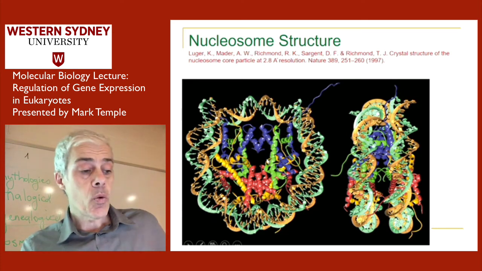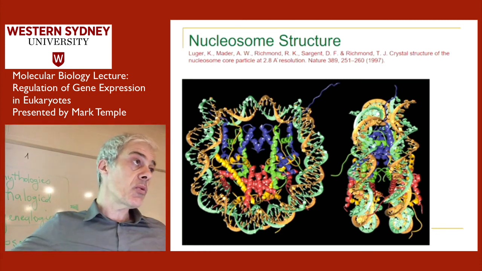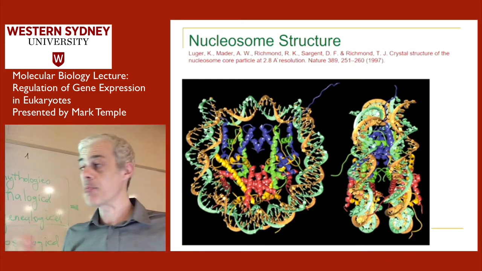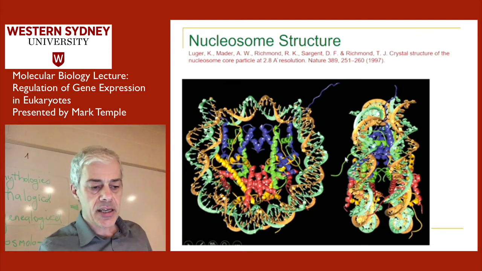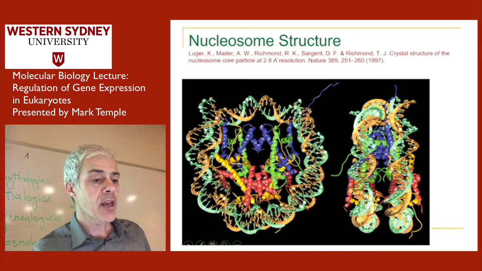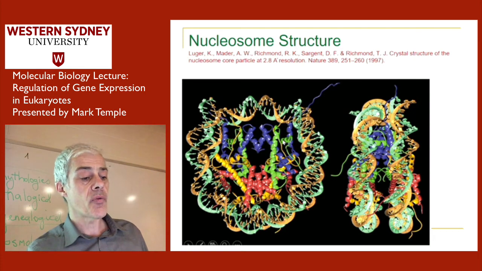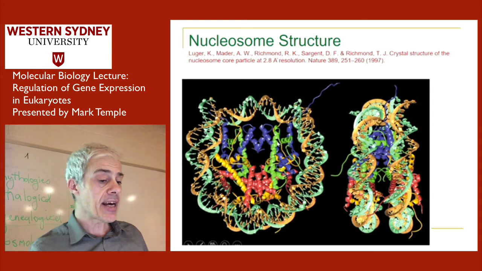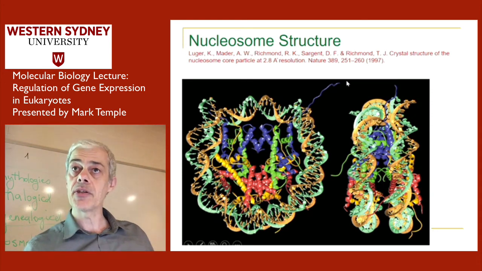What became apparent from this structure, which nobody anticipated, and everyone just went, wow, and kind of bowled people over, is this: it doesn't look like much, but if you look closely, you can see these little strings here. See these little strings sticking out from the nucleosome? I think they're the N-terminal domains of the proteins. So every histone in that disk has its N-terminal domain protruding out from that nucleosome.